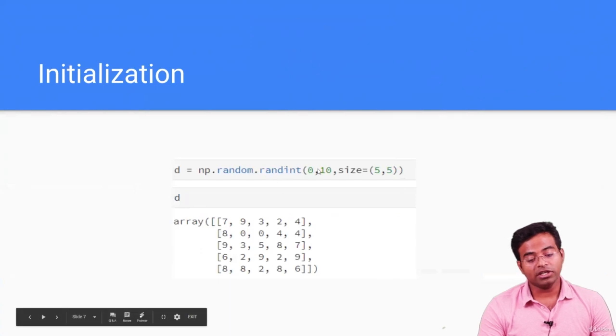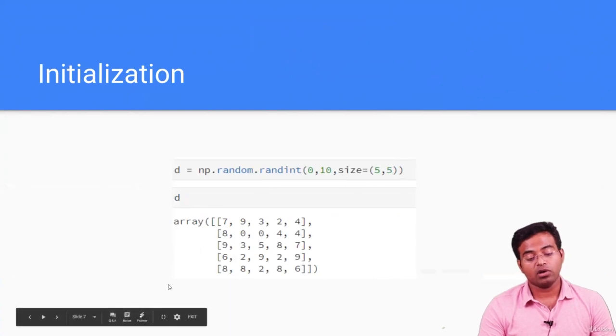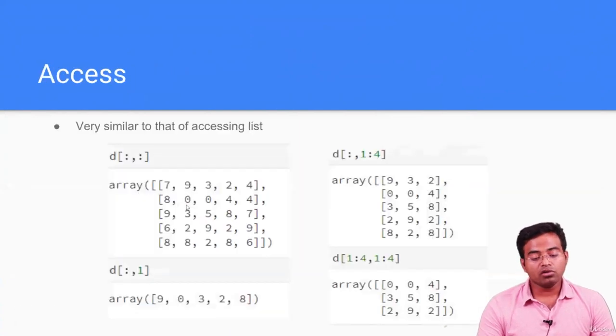randint is another useful utility. It is generating random numbers between 0 to 10 with 10 exclusive. So 0 to 9 is random and size is 5 cross 5. So these are whole numbers it generates. It's very useful. Now, as far as accessing of NumPy data structure is concerned, say you have this, this is your